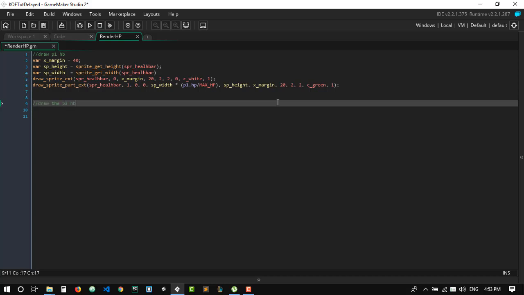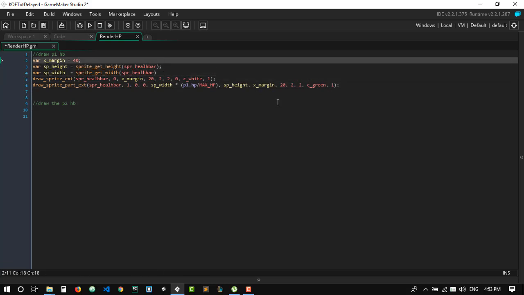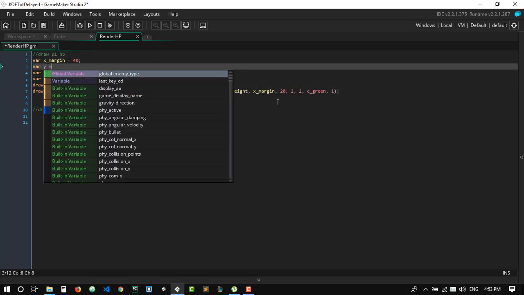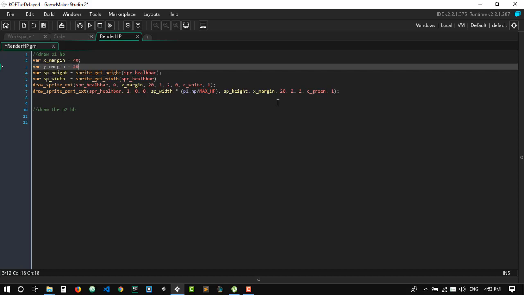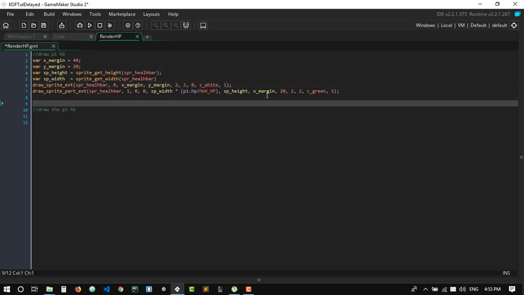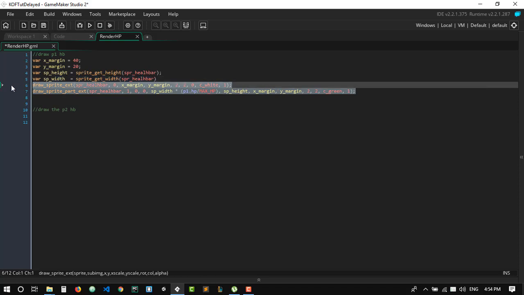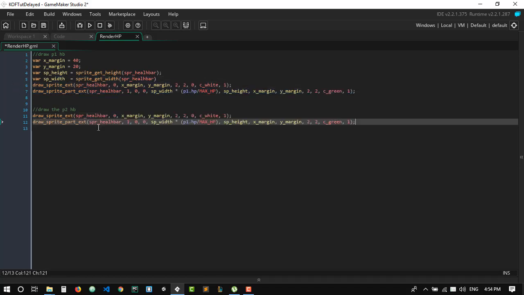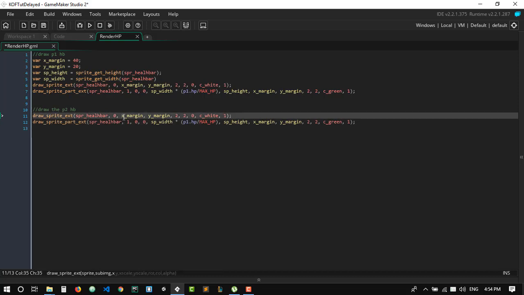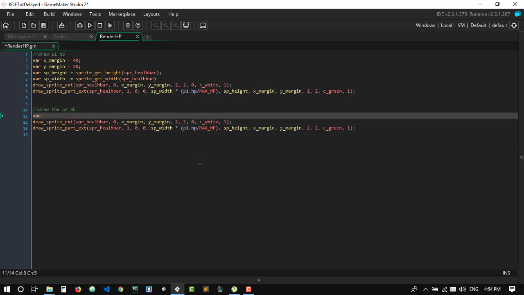All right, now we need to duplicate this for the P2 health bar. But first of all, I want to add something here. So for y margin equals 20, because we may change the height. Okay, so I'm just gonna replace 20 here by y margin. Now we're gonna do the same thing for the enemy, right? But we need to change some stuff here. So for the x margin, we don't want this to be x margin. Instead, we want it to be, well, we need another variable called